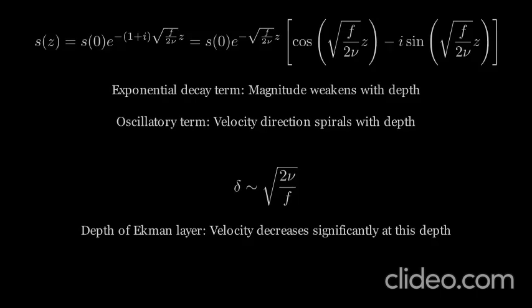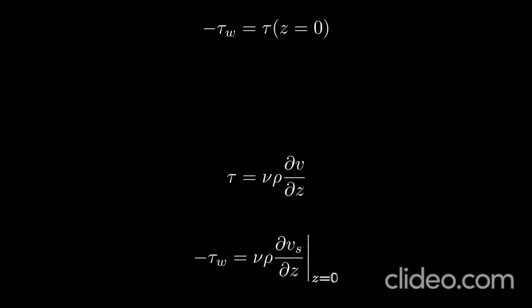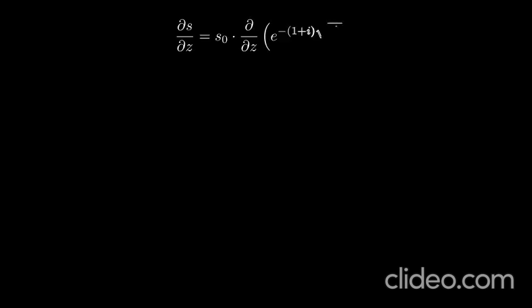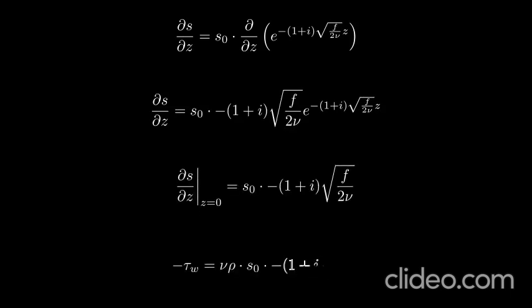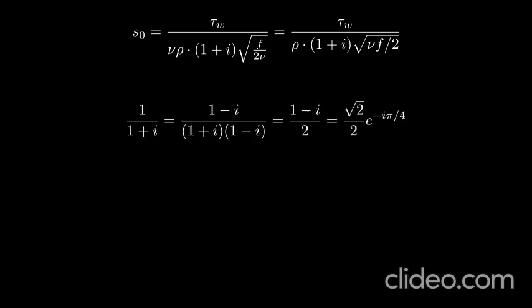Now focusing back on wind stress, at the surface of the water, the wind stress balances the viscous shear stress just below the surface. Using the equation for shear stress in a viscous fluid and substituting in kinematic viscosity, we take the derivative of S with respect to z. And then at the surface, this becomes, then equating with the wind stress expression from earlier, rearranging for S0, the term 1 over 1 plus i simplifies to root 2 over 2 e to the minus i pi over 4. So the surface velocity is expressed as